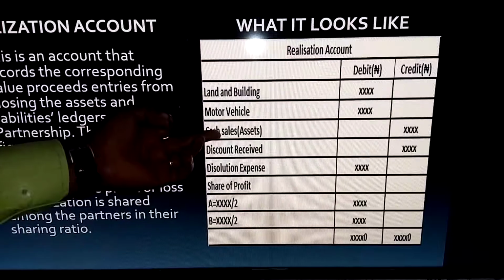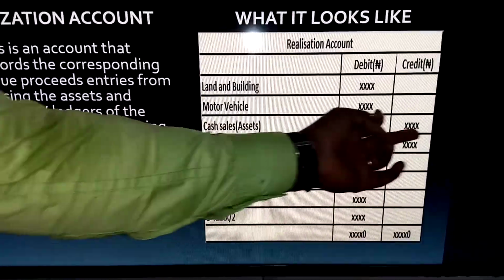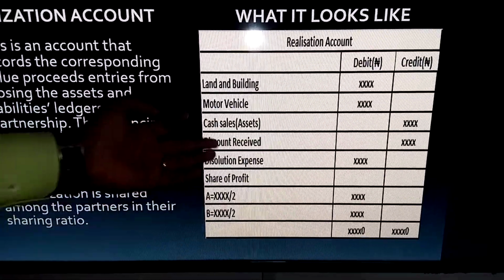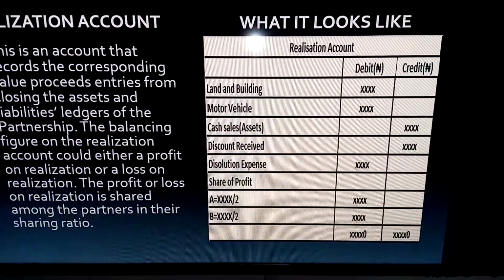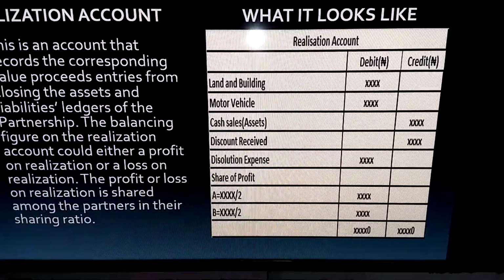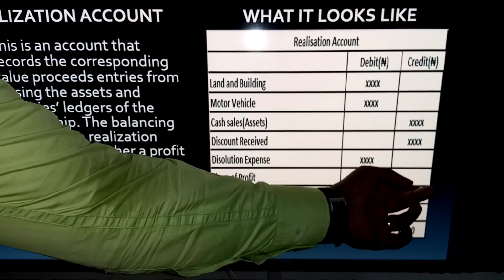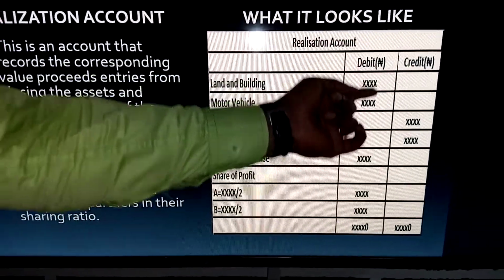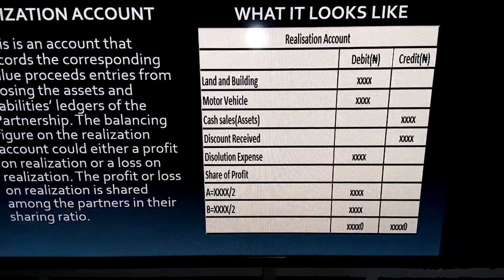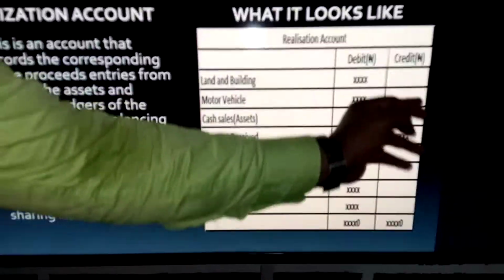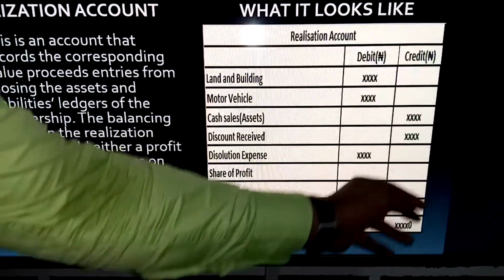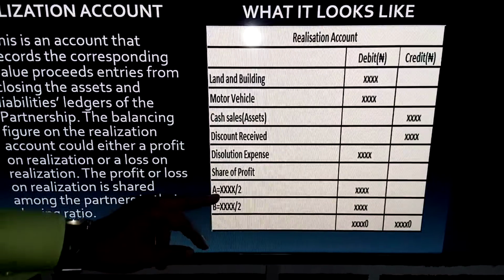So we have the cash sales proceed. That's this, the sales of the assets now. You credit them. Any discount received, you credit. Dissolution expense, you debit. So at the end, the proceed here in the credit side, you compare it to the cost here in the debit side. So here, your proceed is higher than the cost. So you have a profit,